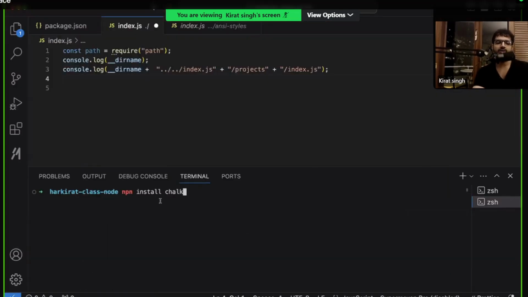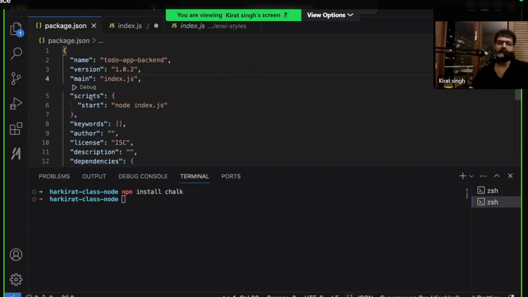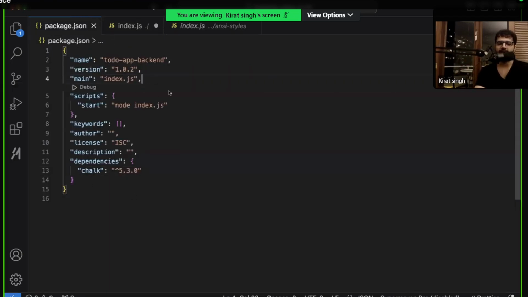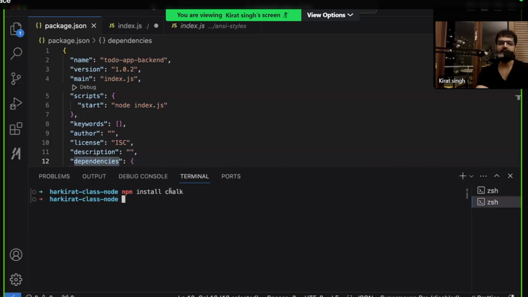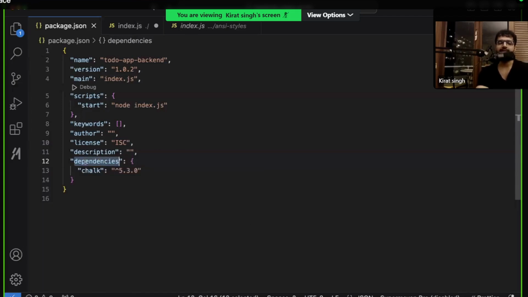When I ran npm install chalk, I got the dependency locally. Whenever you bring an external dependency locally, that gets added here to package.json. Does this look a little different now? Does it have something extra? It has this section right here, dependencies. Whenever you add a dependency to your code base, that dependency gets added to this dependencies section right here. There are various reasons for this. Reason number one is that you can now keep track of all of your dependencies in a single place. Here it clearly says that chalk is a dependency to this specific code.